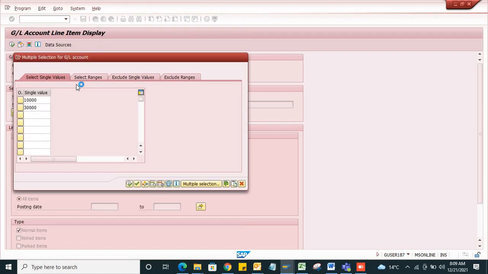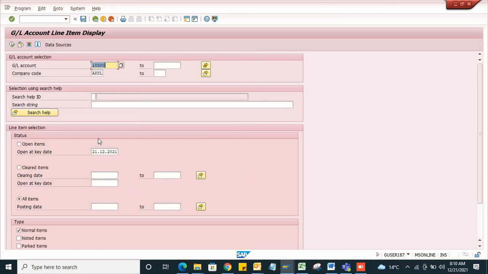I'm checking my GL account report balance because I have posted income and expense accounts in park and hold status. Whether they are coming in the report or not, we will just check it. I will keep all items, normal items, then execute the report.